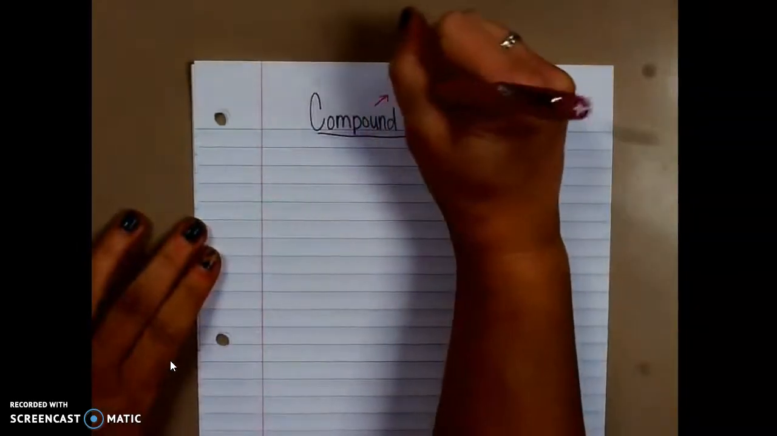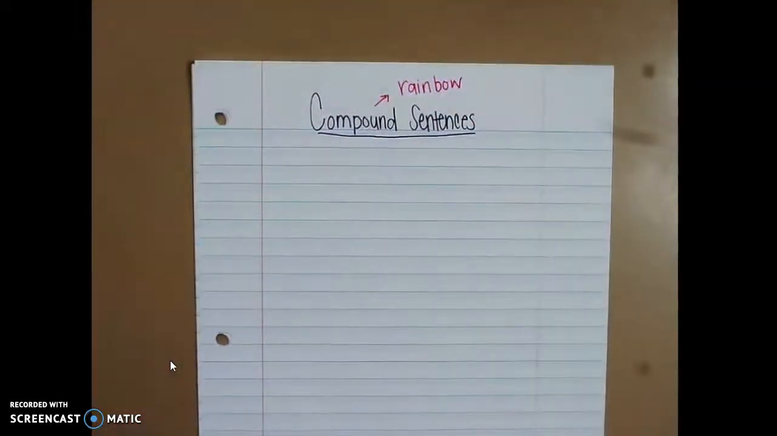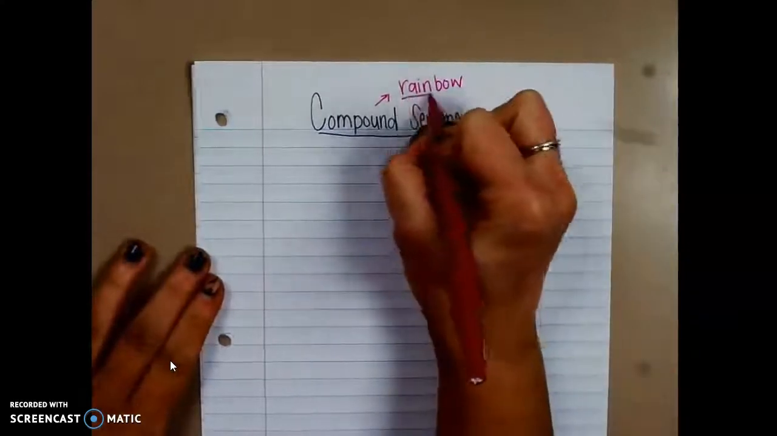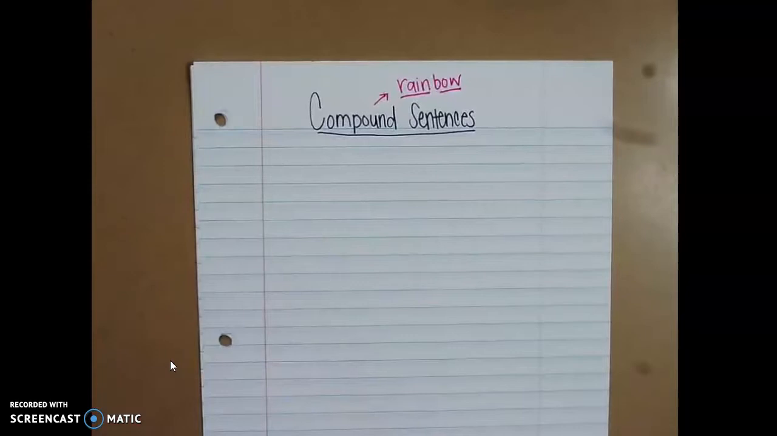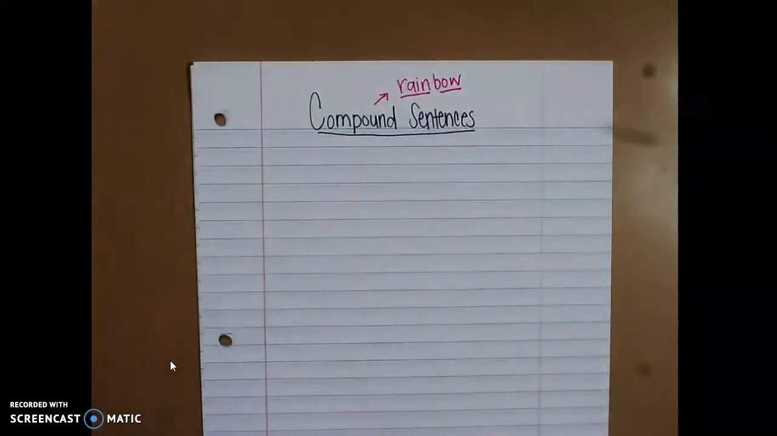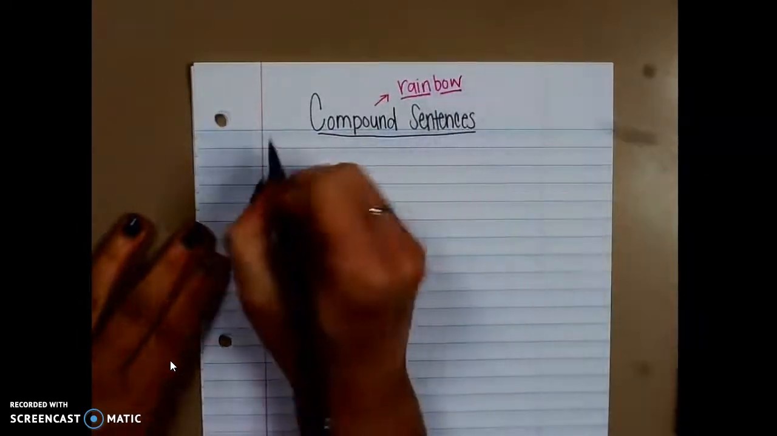For example, you have the word rainbow. If I break this compound word up, I have two words. I have rain, which is its own word, and bow, which is its own word. So when you combine or compound or make compound sentences, you're combining two to put together into one. So we do the same idea with compound sentences. And instead of two words, you have two